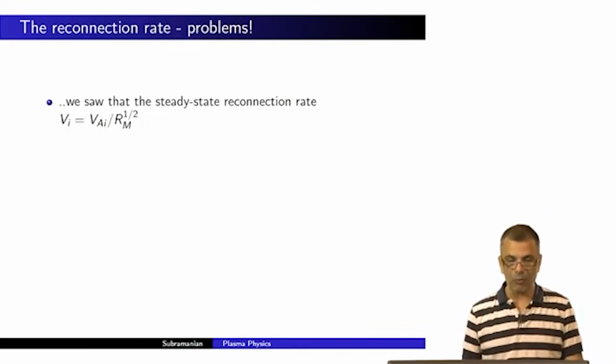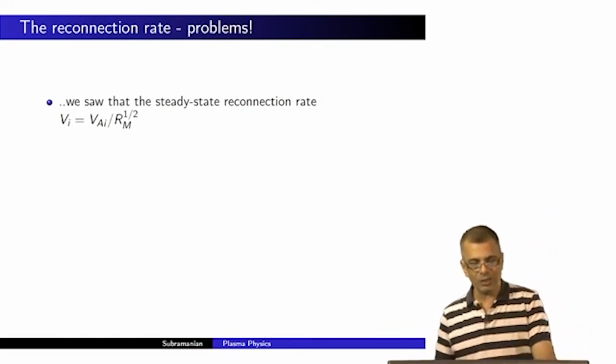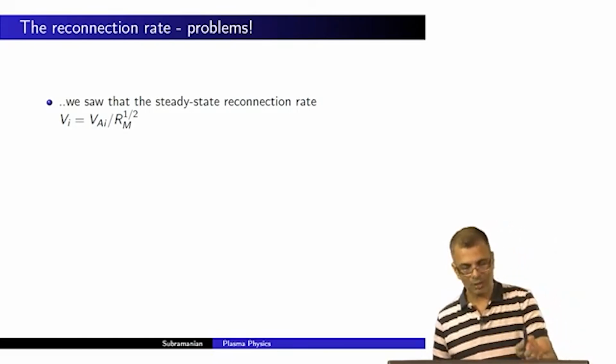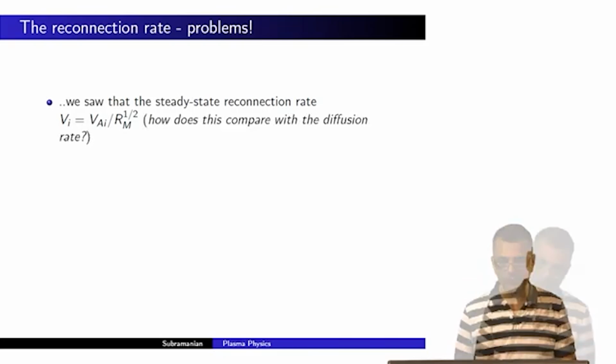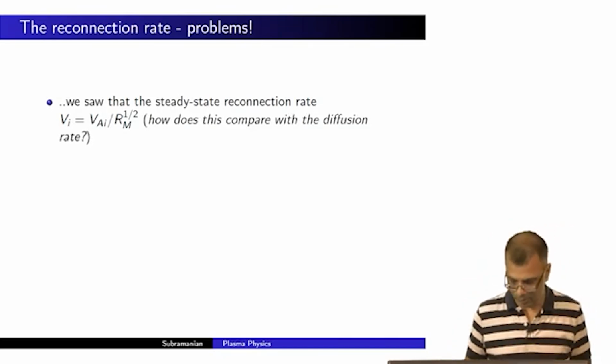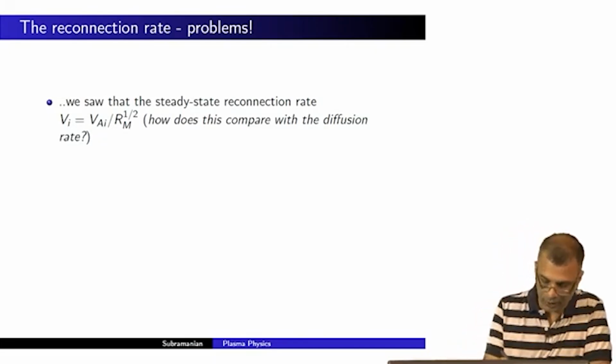Now, why are we so concerned about reconnection rate? You see, this is the steady state reconnection. This is the reconnection rate that we derived in the previous slide. But now this is another thing to ponder. How does this compare with the diffusion rate? In other words, if I write down the